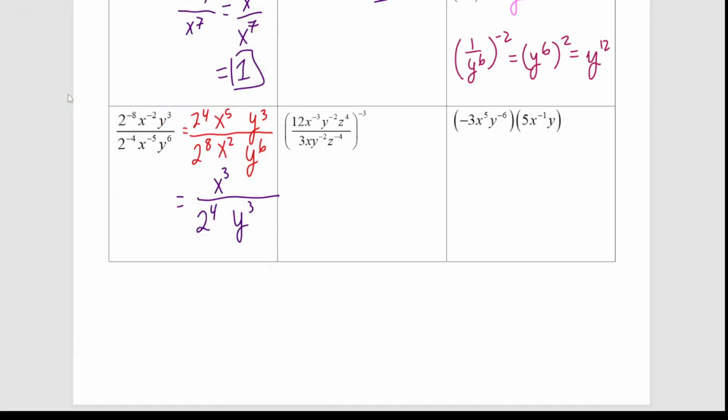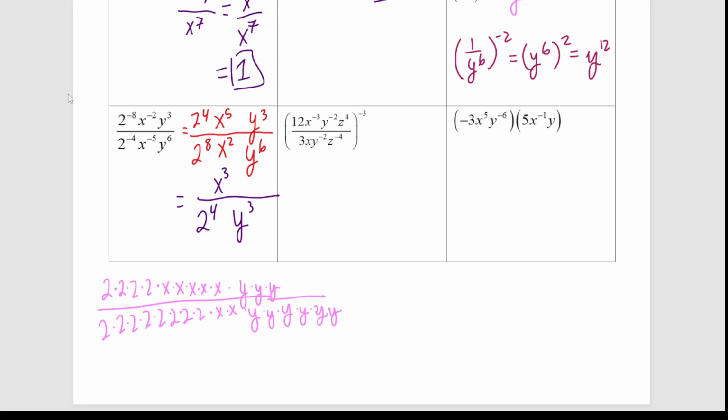Or you could also formally expand it out, so we would have had 4 2's times 5x's times 3y's over 1, 2, 3, 4, 5, 6, 7, 8 2's times 2x's times 6y's. That could be another way to do it, and then you're going to see what cancels and what's